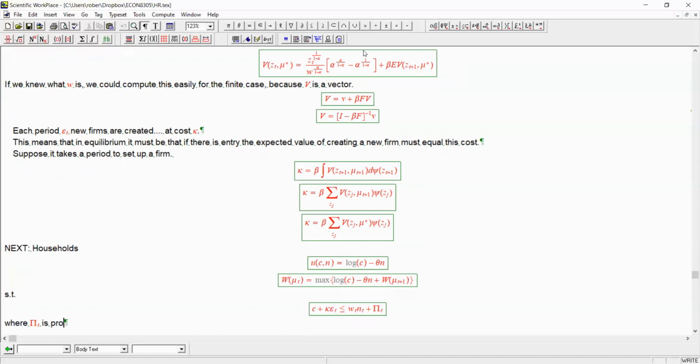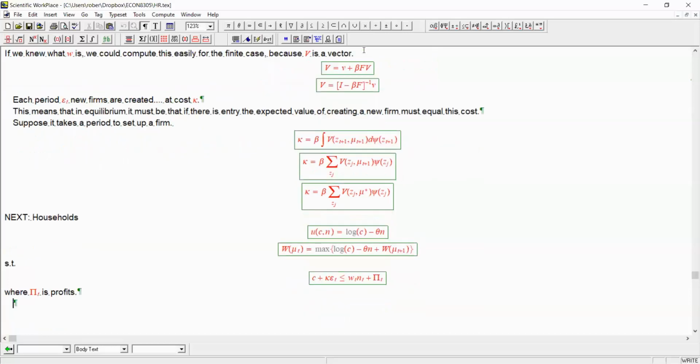From all the firms the household owns. Now, as we have been discussing, it is possible that the measure here could change over time, and so there could be aggregate uncertainty, there could be transition dynamics, and so on. But for now, just to make things clearer, let's focus on a stationary equilibrium,